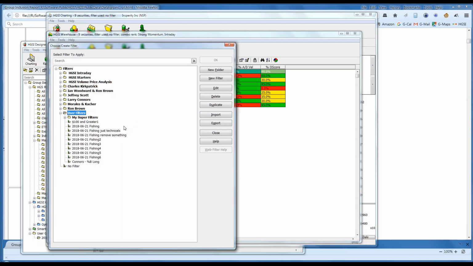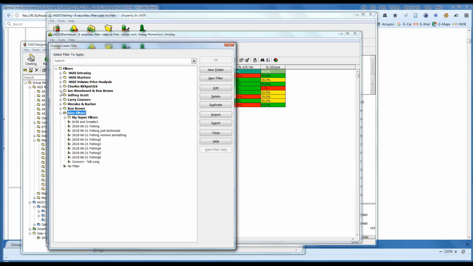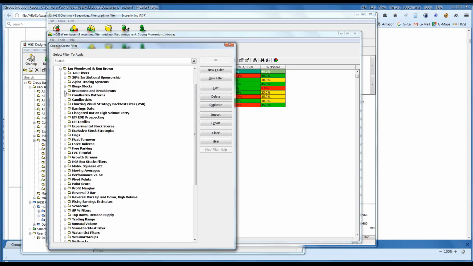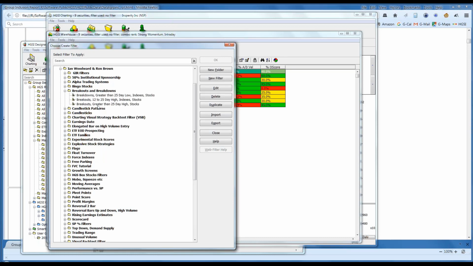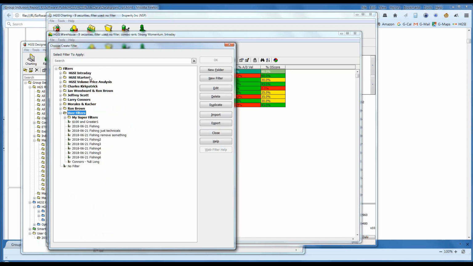Same thing is true with the user charting and user warehouse. Yeah, no, I mean, this is pretty much consistent across the whole product. We do have a bunch of stock things, and you can add in more add-ons, but when you update the add-ons, you'll get the new stuff, and any changes you made to the old stuff will actually get overwritten,